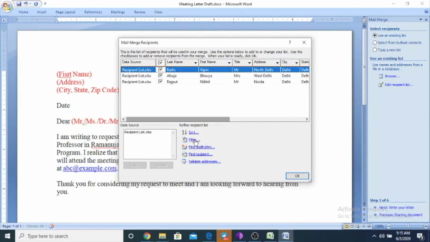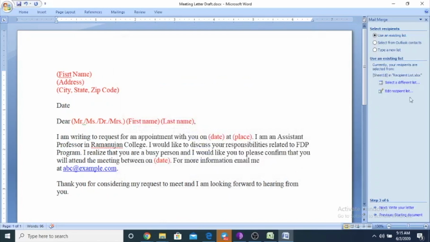For the recipients whose values are filtered out or hidden, the letter is not going to print. I am not doing any such activity right now, so just take this lecture as a simple one.